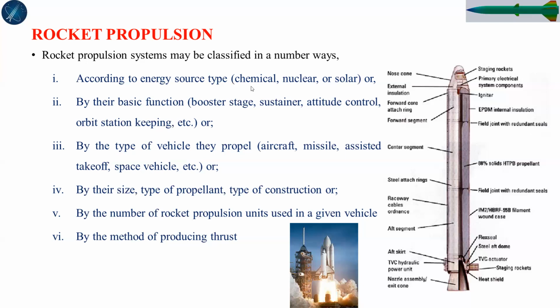In chemical rocket propulsion, as we discussed last time, we have three types: solid propulsion, liquid propulsion, and hybrid propulsion. And when we come to nuclear, there is nuclear fusion or nuclear fission. So those are the types of